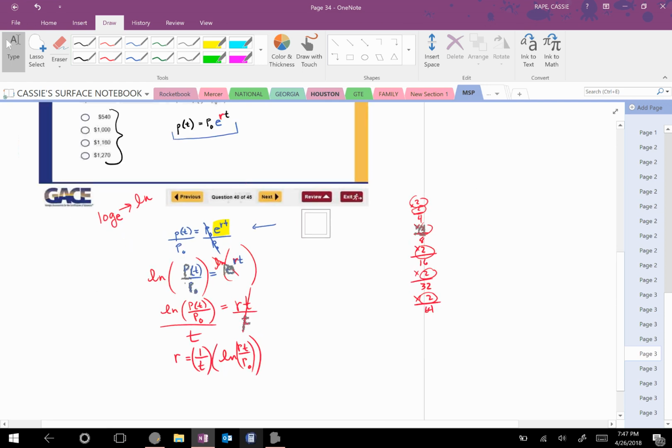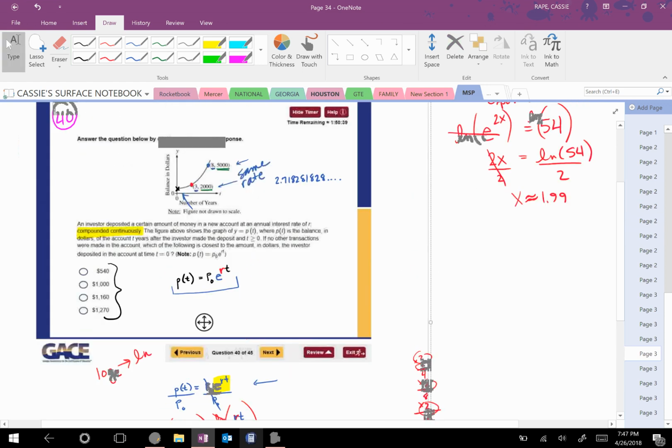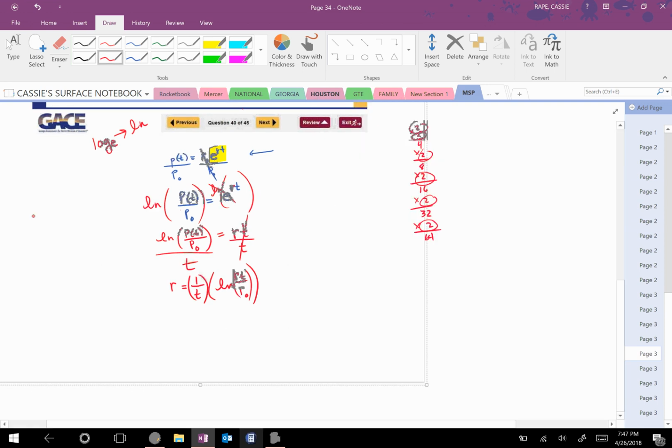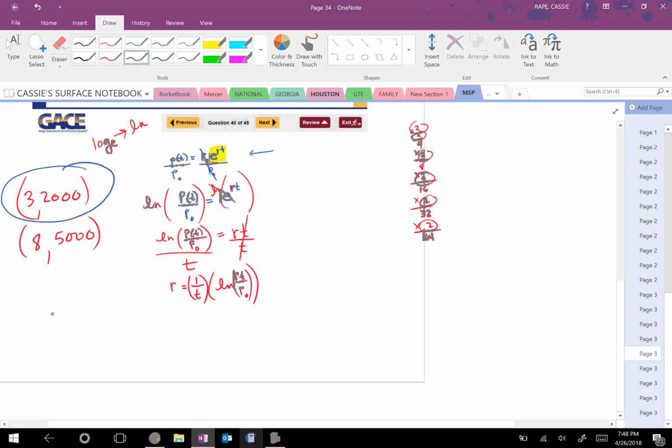So at year 3, I had $2,000. At year 8, I had $5,000. Okay, I can plug these each in to this expression. So I know that I'm going to do this one in blue. Okay, the rate, I don't know, is equal to 1 over 3 times the natural log of P(t),